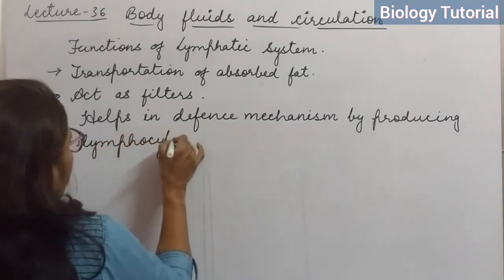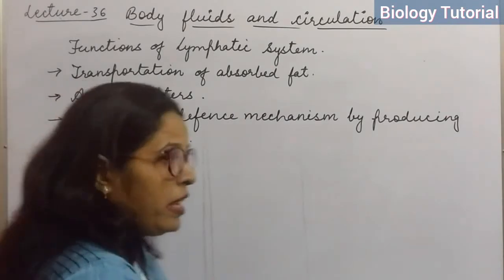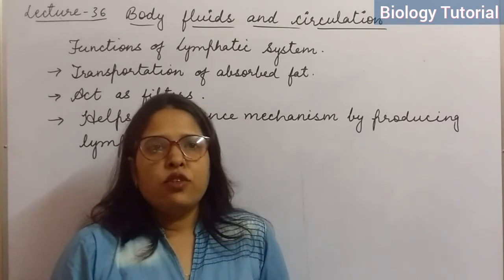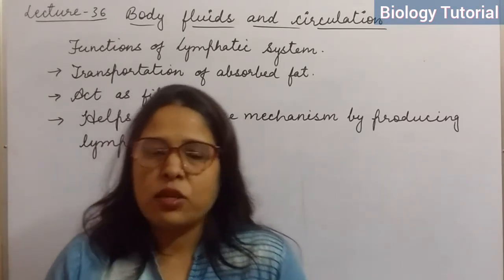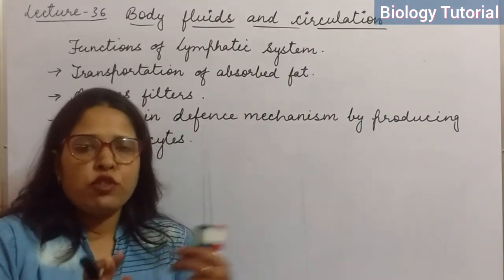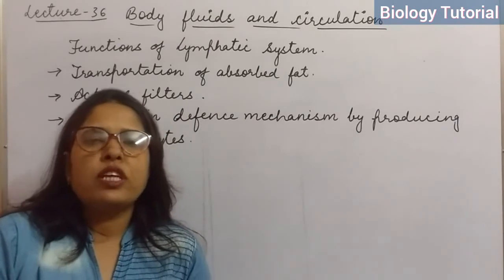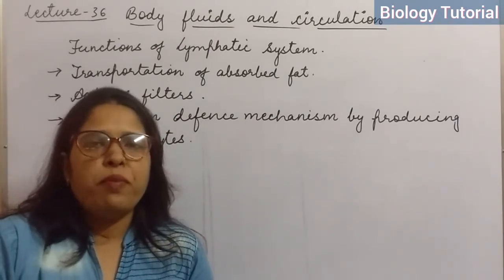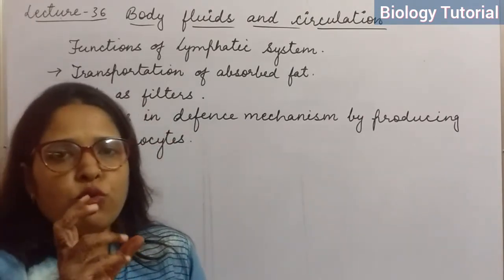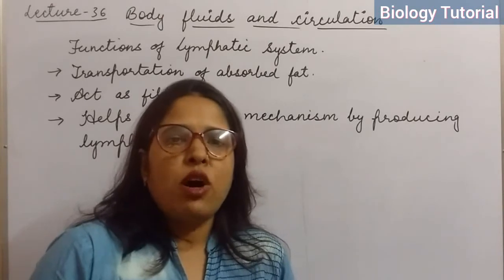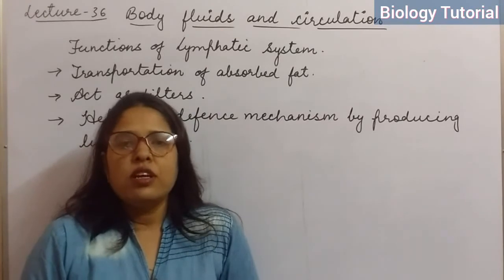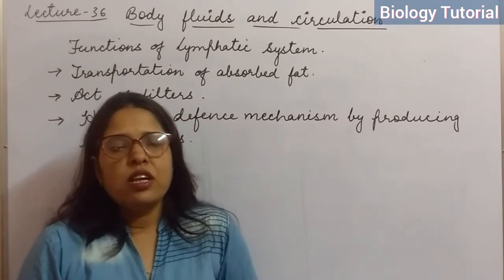There are two types of lymphocytes in the body, that is B lymphocytes and T lymphocytes. The B lymphocytes are named for the bursa of Fabricius. B lymphocytes नेम हम क्यों देते हैं इसे? B lymphocytes are bursa of Fabricius, इसलिए हम इसे B lymphocyte कहते हैं. But these B lymphocytes which are modified in the bursa of Fabricius are only present in lower vertebrates, not in human beings. Clear? Not in human beings and higher vertebrates.